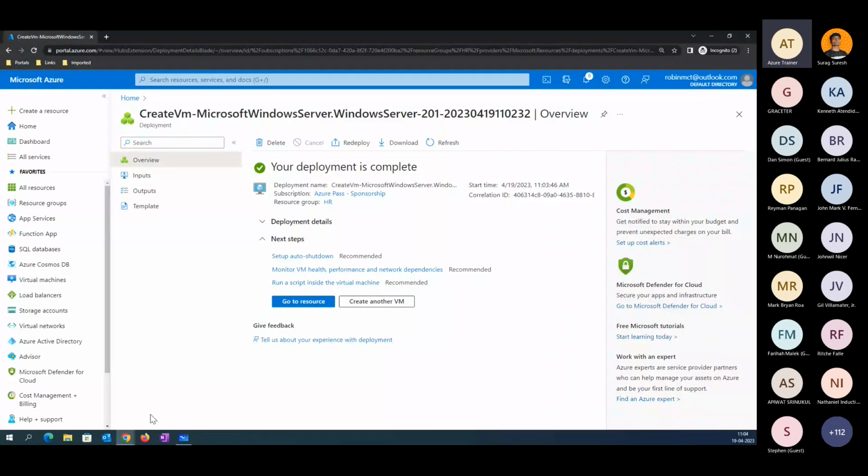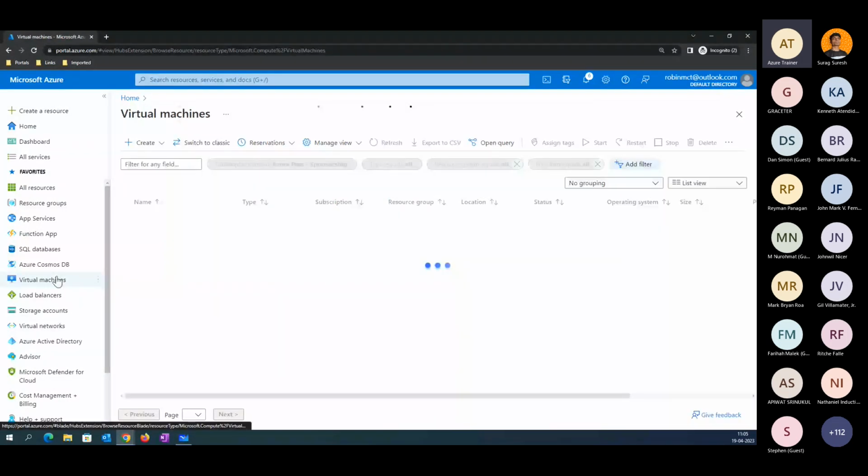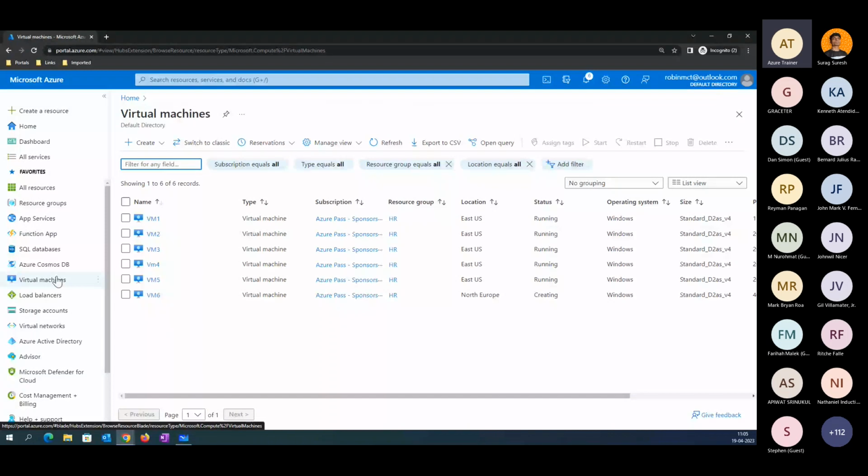Right now, you can see the next VM has been created. That is VM6. Instead of being created in the East US region, this is created in North Europe now. If you go to the properties here, you can see this has been created in the North Europe region. Now, if you go to properties here,